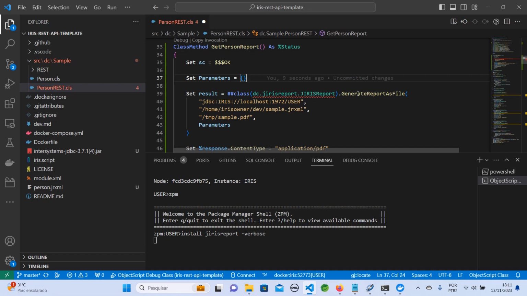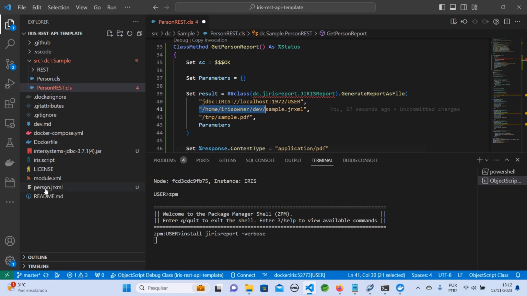So you will call generate report as file, and you need to set the database connection,